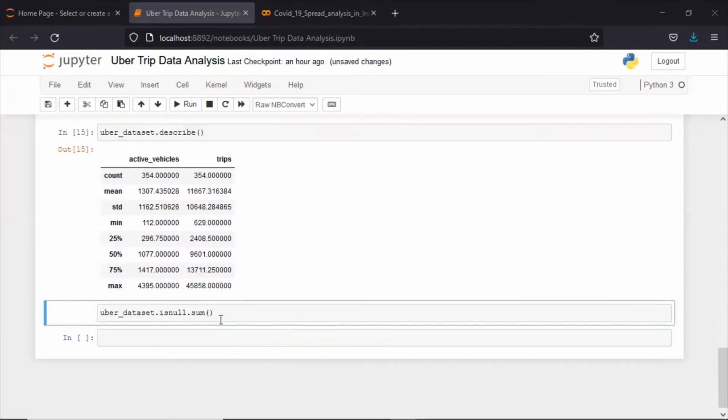Now as you can see here, it is not giving you any record, right? The reason is that we don't have a null value. But let's try another way also.